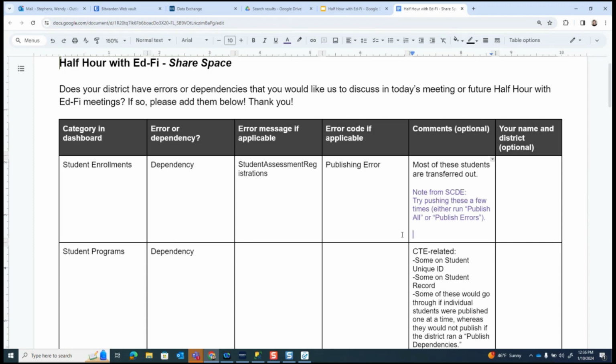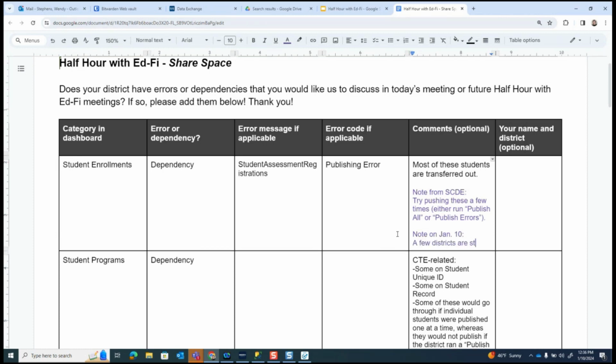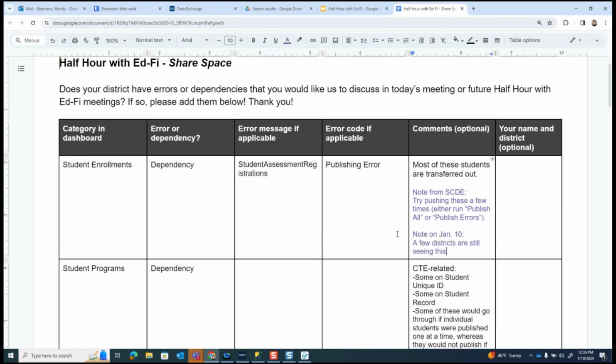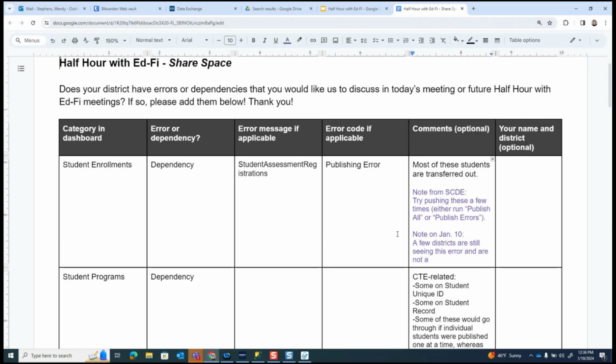And if you let us know the numbers, we can just kind of keep track of those and see if that gets resolved. So I'm going to put a note on January 10th. Few districts are still seeing this error and are not able to resolve it with republishing.